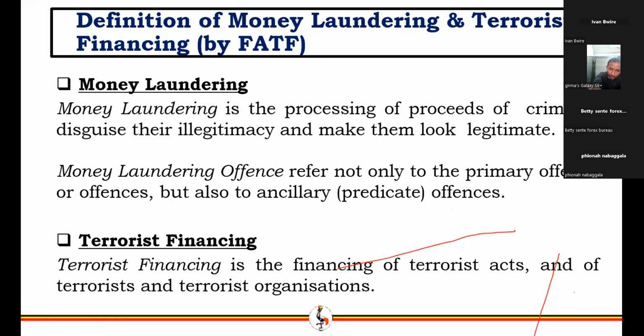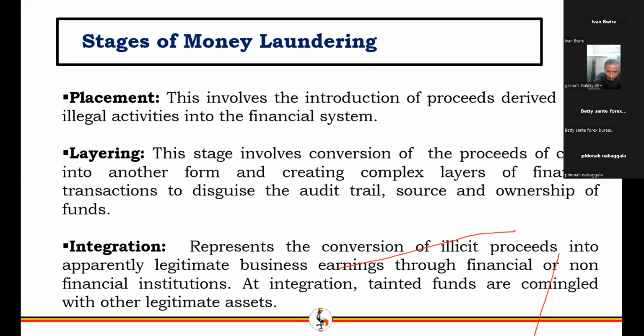Terrorism financing is basically any act that is done in support of terrorist organizations. It could be financial or logistical support. It could even be as simple as providing food or accommodation to terrorist organizations. So in brief, any act that is performed to support or aid the acts of terrorism or of terrorist organizations is what we call terrorism financing.